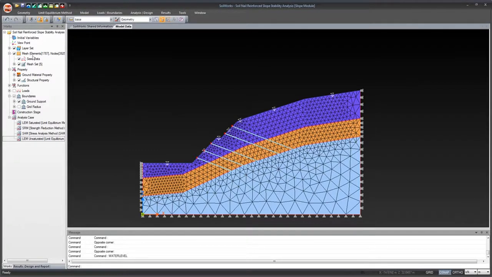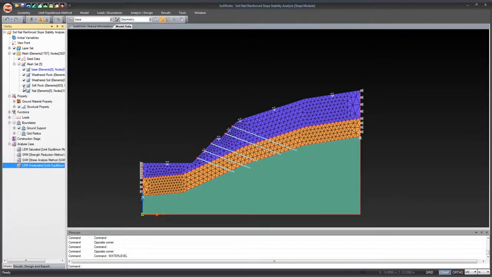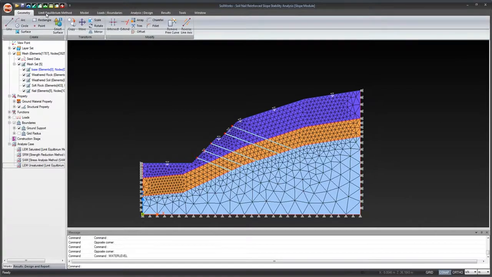So as you can see, this bottom mesh set here, let me open this up. Each of these mesh sets is represented by a different soil type or rock type. Soft rock represents this bottom mesh set. Weathered soil represents that top mesh set here, and the middle mesh set represents weathered rock. And also you need your boundary conditions here. And as far as just creating these, the modeling is very simple. Just go to geometry, or